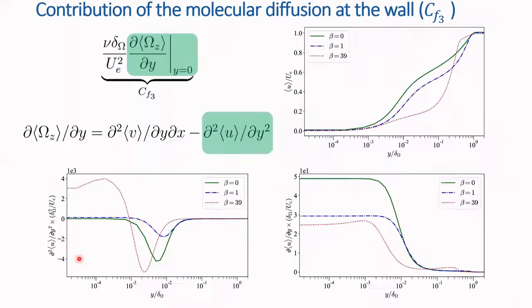So looking into the term CF3, we can see that the wall normal gradient of the span-wise vorticity can be related to the second wall normal gradient of the mean streamwise velocity. So the plots here show the wall normal profiles of the mean streamwise velocity, its first gradient and its second gradient. For the APG cases, we can see that there is an inflection point in the near wall region, because of which the second gradient of the streamwise velocity has positive values. And we can see that this value is pretty significant for the strong adverse pressure gradient case, which is consistent with the dominant negative contribution observed from the molecular diffusion at the wall.